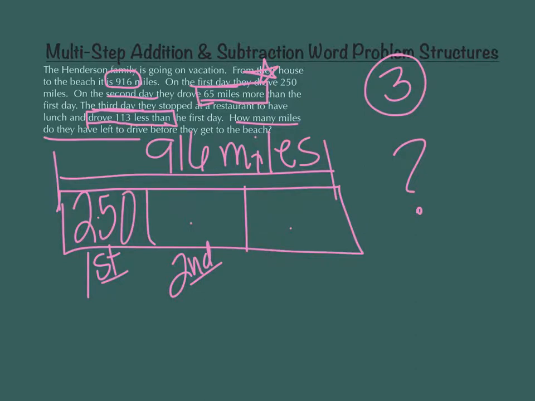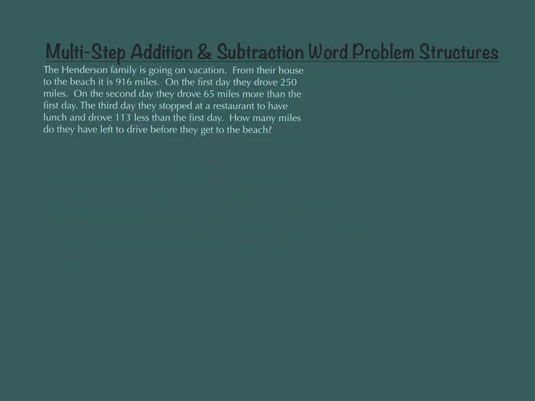My question says, how many miles do they have left to drive? So this word problem structure, I can't use. I can't use it if it's broken up just into 3 because my question is, how many do they have left to drive? So I have to set it up with more than 3 boxes. I need to have a question mark in there somewhere. So let's fix our word problem structure. We're going to have to go back. I have to get rid of the 3 boxes. So let's start again. Gonna redo, let's see. Starting over,